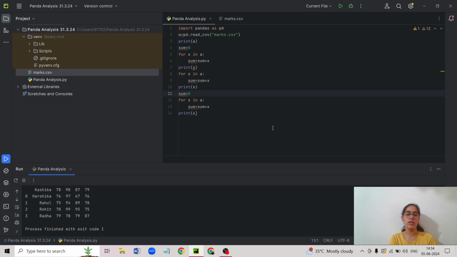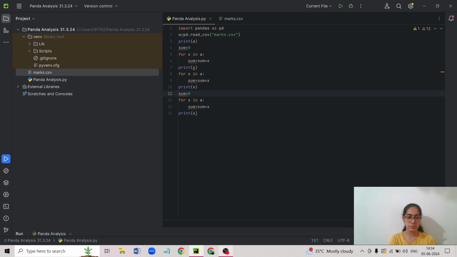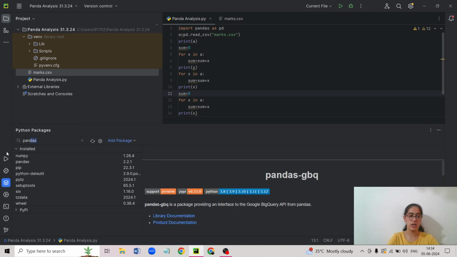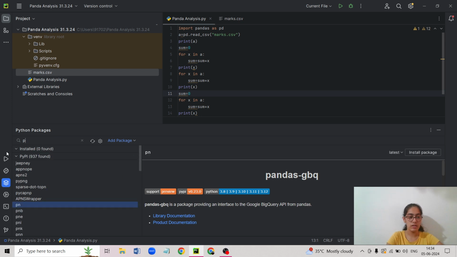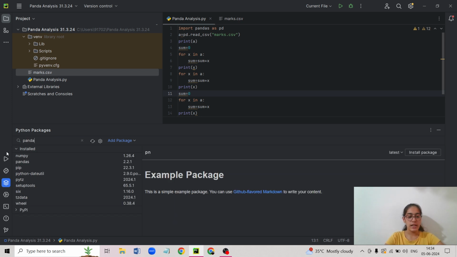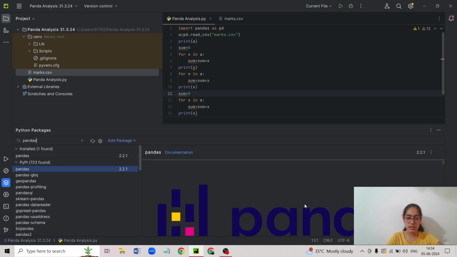So let me show you how to first install a pandas library. I hope you can see my cursor. Take it to the bottom left corner of the row. Here you'll see many options like run, Python console. The third option is Python packages. Click on that, and over here we have a Python package named pandas. Search pandas. Here we have a pandas library. We need to install it. I have already installed it, so I don't need to reinstall it.